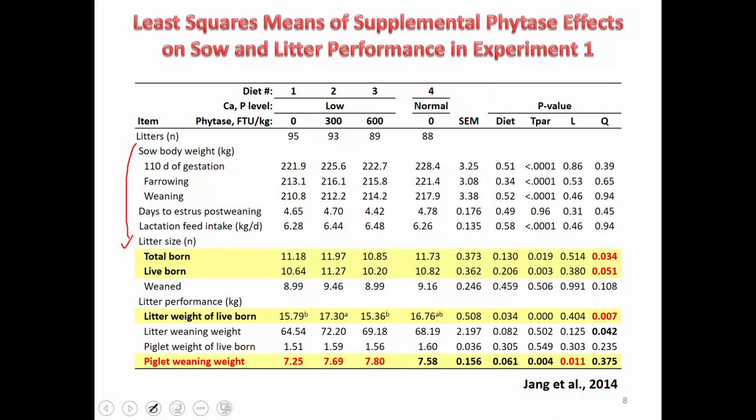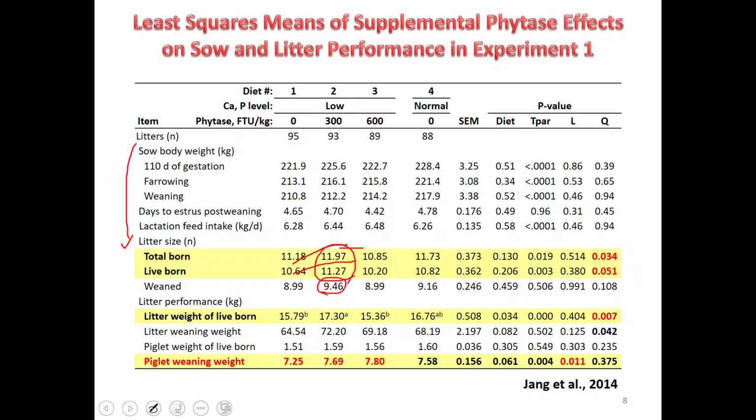However, in litter size, the number of total born and live born increased quadratically as phytase supplementation increased from 0 to 600 FTU. So 300 FTU per kilogram treatment has the highest total born and live born numbers. And this is maintained numerically in number of weaning pigs. So even though the effect of phytase on the litter size is not clear,